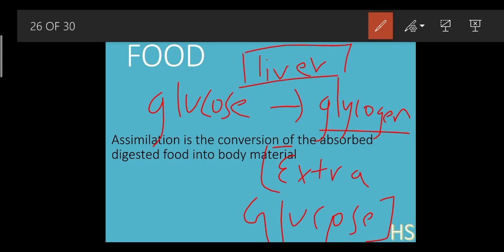Okay. So see, whenever we eat food, we get the glucose we need for our body, but some of the time there is too much accumulation of this glucose. So the too much accumulation is called glycogen. And where does this glycogen get stored? It gets stored in the liver.